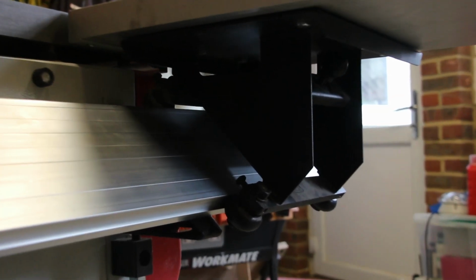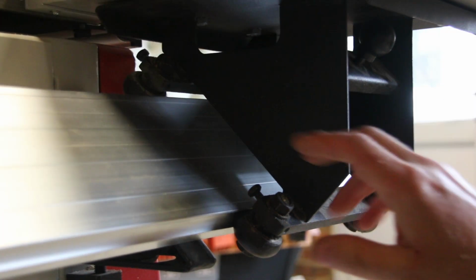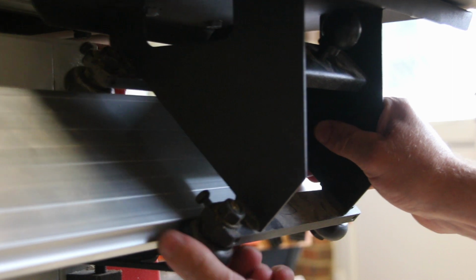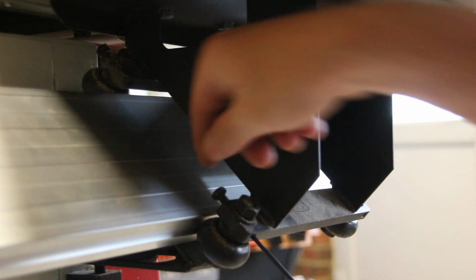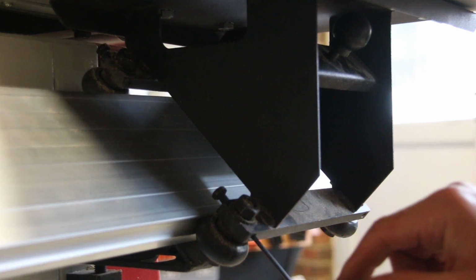So the first thing I'm going to do is make sure that the carriage moves smoothly up and down the rail. Now I've checked these and I can see that this wheel here is not quite tight. So I'm going to loosen this. I'm going to put my Allen key in here and just pinch it up. I'm going to have to loosen it there, and I'll pinch it up, and you can see that it's moving the wheel towards the rail